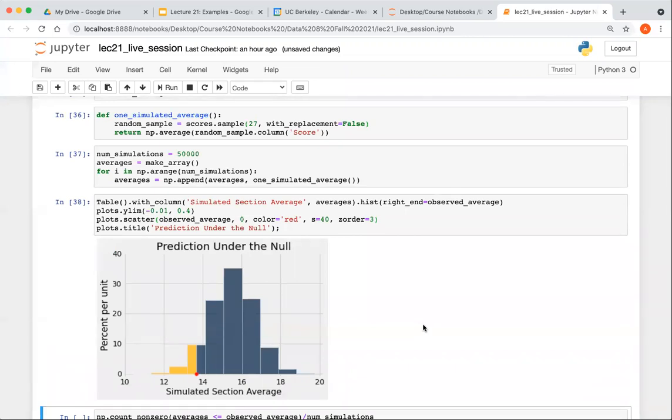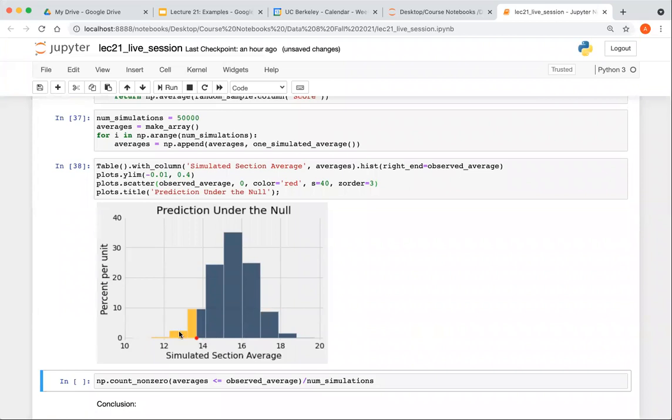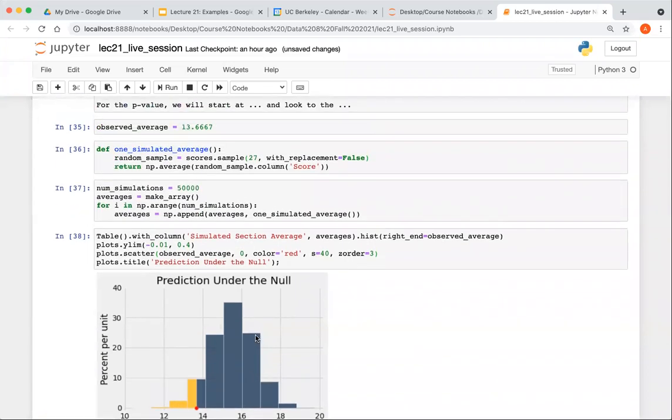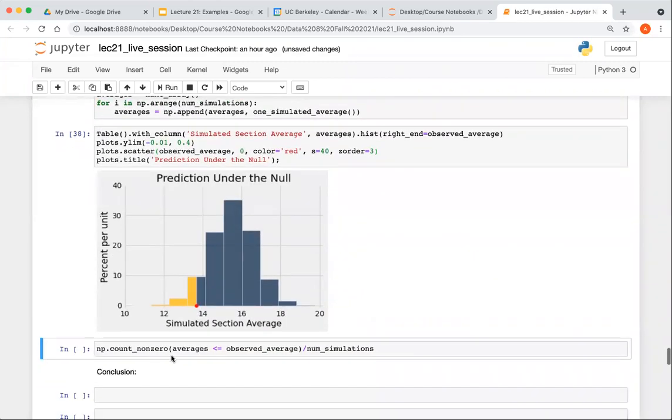Okay, and so now, I actually am leaning towards this GSI. You know why? Because they're saying it's a random sample, and it's a hard call, this one. So what do we do? By eye, this is a hard call. Should we actually compute the p-value? So what we are going to do is compute this proportion. Our simulated averages were in the array called averages. So we are going to count how many of them were less than or equal to the observed average, and then get a proportion relative to the number of simulations. And